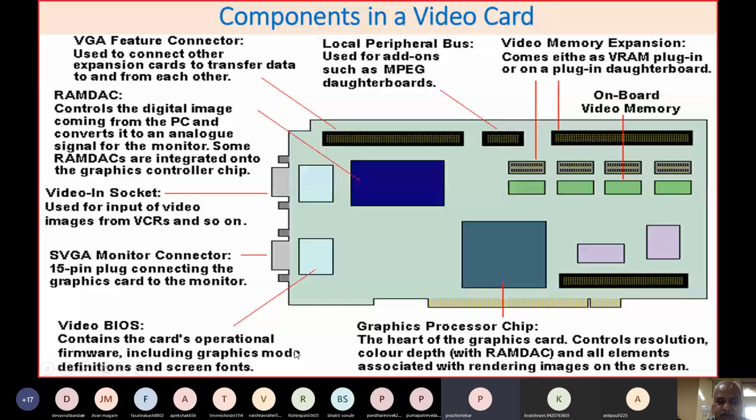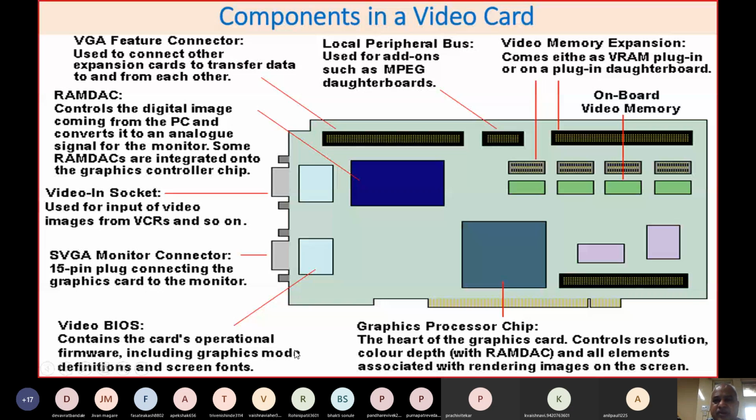any monitor in different modes, that is VGA mode, SVGA mode, HD mode, or 4K mode. So that is called a graphics mode definition. And depending upon your requirement, you can select the resolution of your monitor. At the same time, how the fonts could be displayed. For screen fonts, there are certain software routines, and these are contained in your video BIOS.